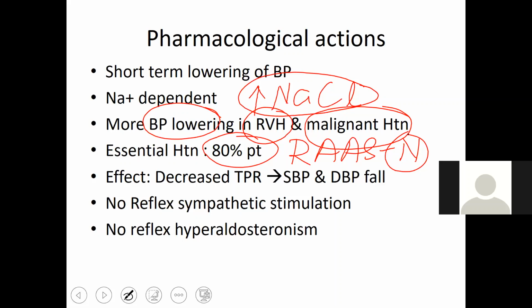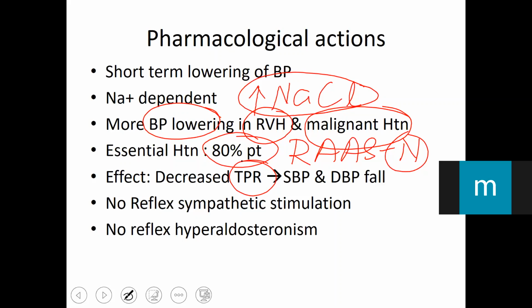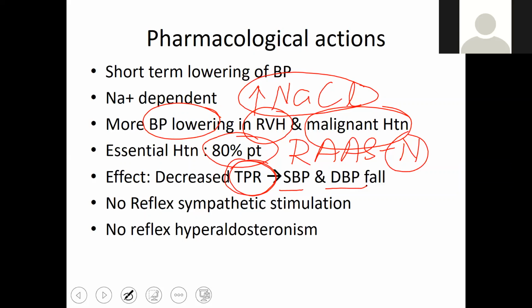Anyway, with continued dose, they decrease the total peripheral resistance because of the decreased salt and water accumulation in the body, which is because of the aldosterone. Because angiotensin 1 is not converted, angiotensin 2 is not synthesized, and for that reason aldosterone is not produced sufficiently. This leads to decreased salt and water in the body. With continued use of these drugs, there is decreased total peripheral resistance, and both the systolic and diastolic blood pressure fall.